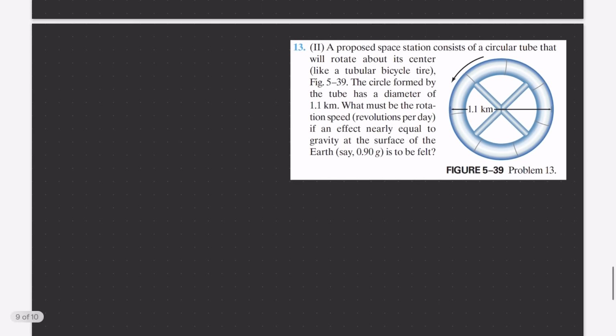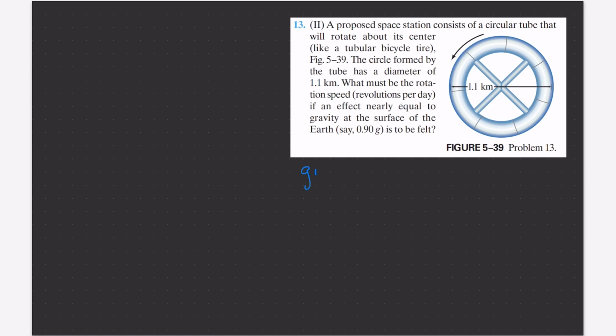First off, as far as what's given, I see that the radius is given. And so really quickly, 1.1 kilometer is just 1,100 meters. If I take half of that, I have 550 meters for my radius. Another thing that's given is my centripetal acceleration. That's going to be equal to 0.9 G, and in this case, that's just going to be 9.8 times 0.9. That's going to give me about 8.82